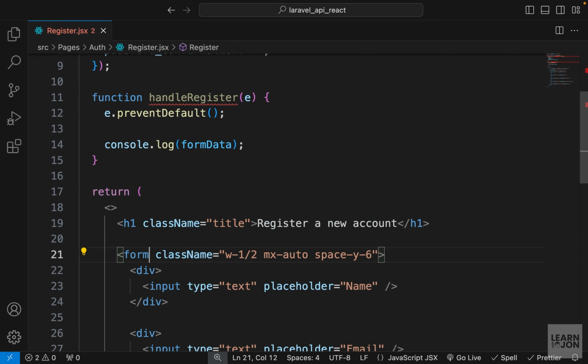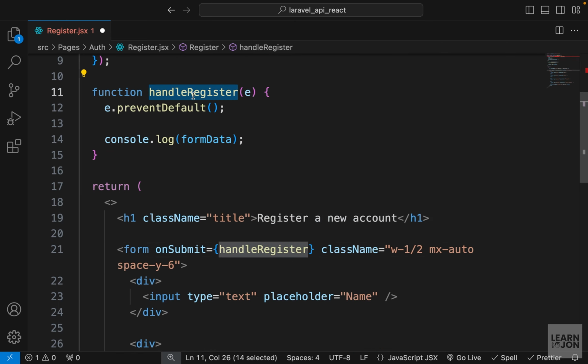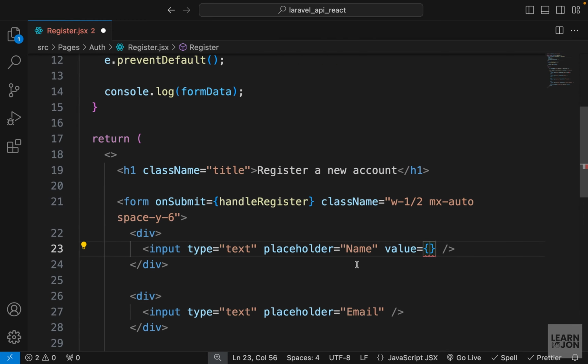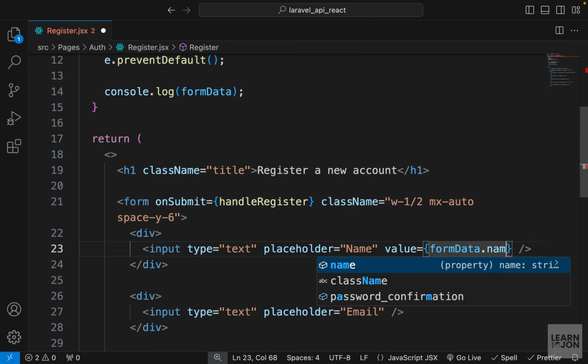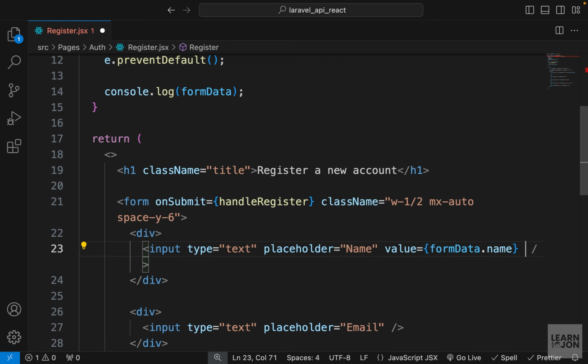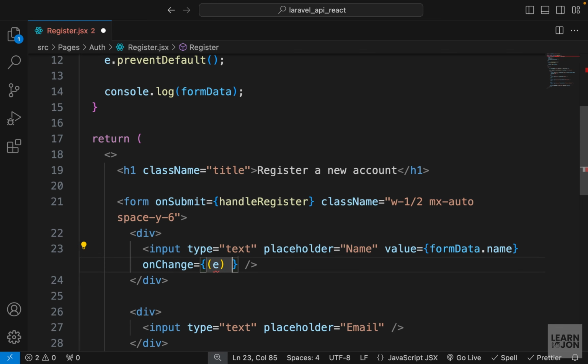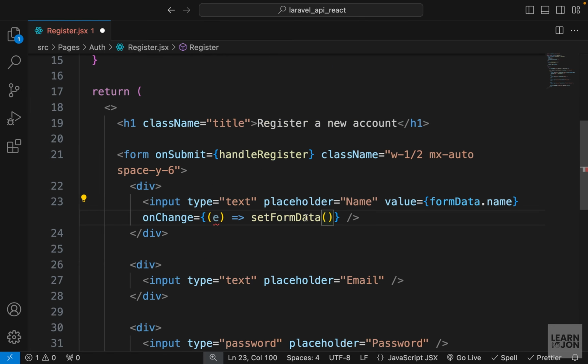On the form tag itself, we can use the onSubmit listener and then use our function that we defined up here. Then for each input field, we want to set the value to the property in our form data. So we can say formData.name for the name input field, and then we want to listen for the changes on this input field. So on this listener, we can pass an anonymous function and accept the event because we want to listen for the changes, and then use our setFormData function, so that is from up here, to update the value